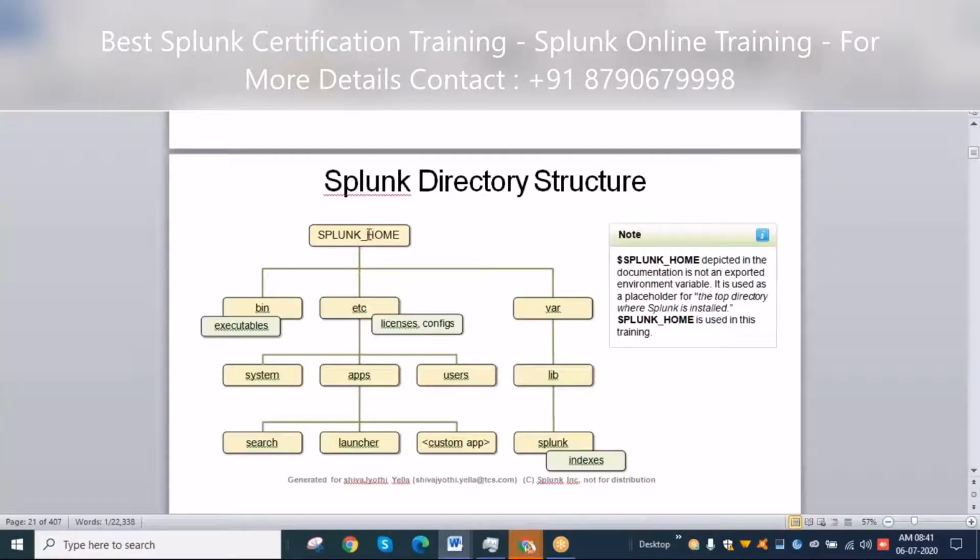Going forward, everywhere it will be showing SPLUNK_HOME, but in a real scenario, we have /opt/splunk. When you install, it comes with bin, etc and var.